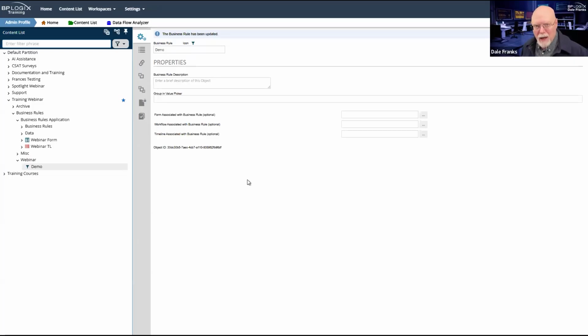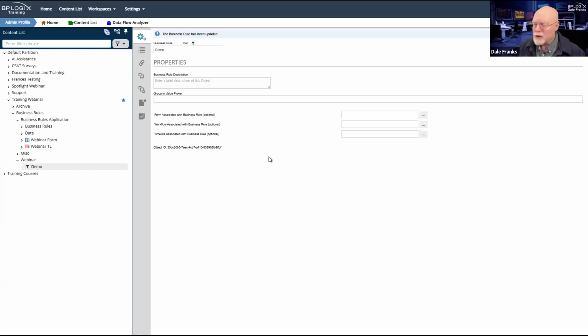Business rules can be local or global. When we talk about a local business rule, what we're talking about is a business rule that you have associated with a specific form or with a specific process. One of the things that association does is it locks that business rule basically into the application where that form resides. So you generally can't use such a business rule outside the context of that application.